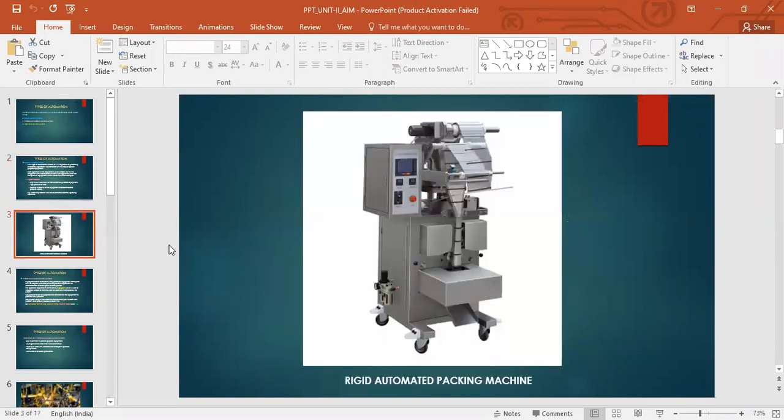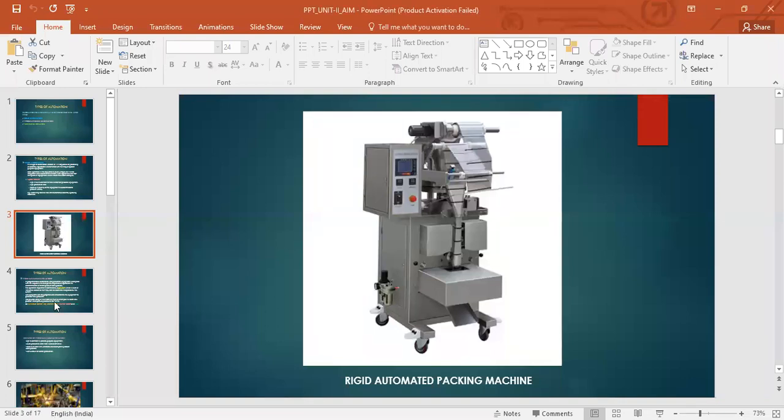You see the example here of a packing machine. It could be an example of an assembly machine also, right? Clear, right? We have seen this example, should not be doubts. We saw this example of rigid automation earlier, right?